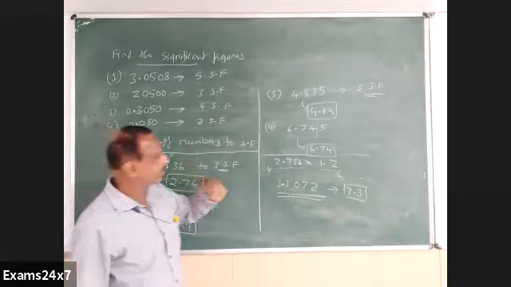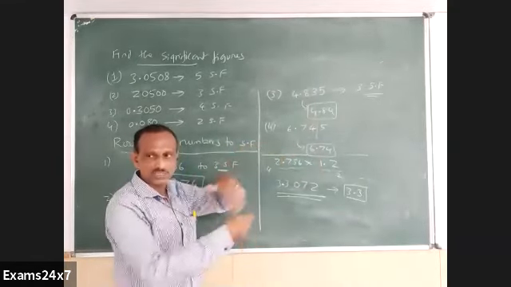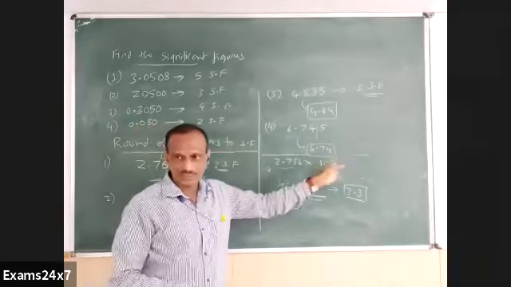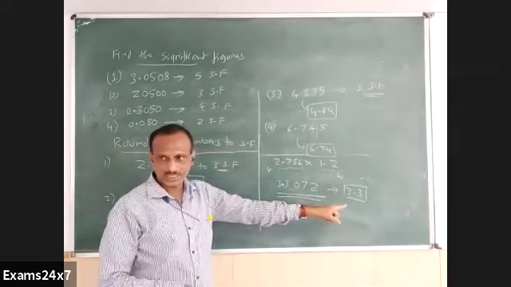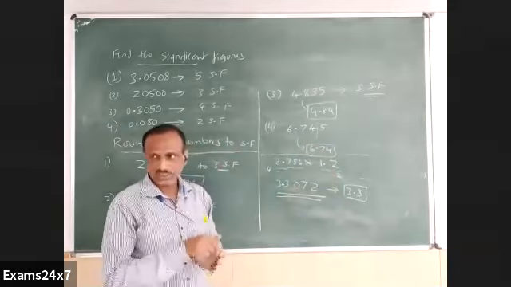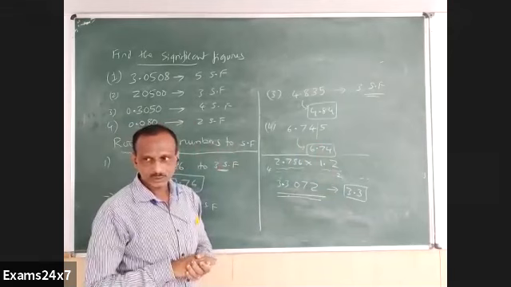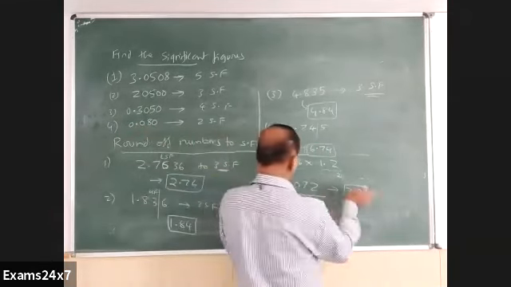You may have 5, 6 different numbers in that calculation linked with multiplication, division, etc. Of them, you look for the least significant figures. And that is the reference now for us to give the answer. Our answer cannot exceed the significant figures in the number with the least significant figures. Understood? This is for multiplication as well as division.